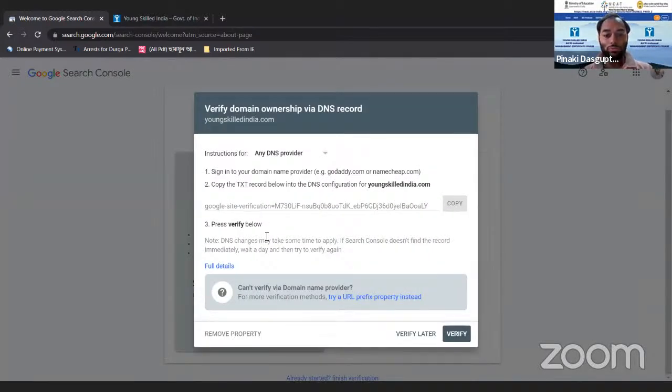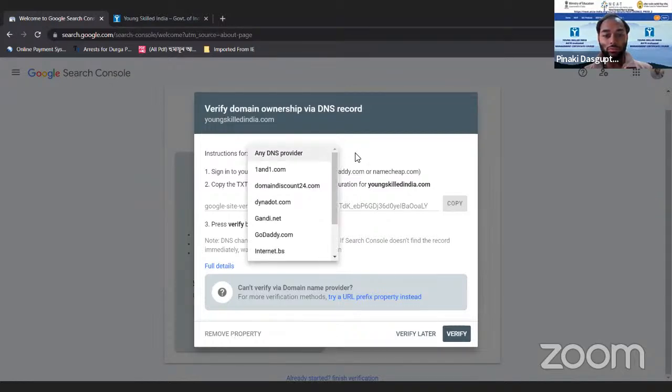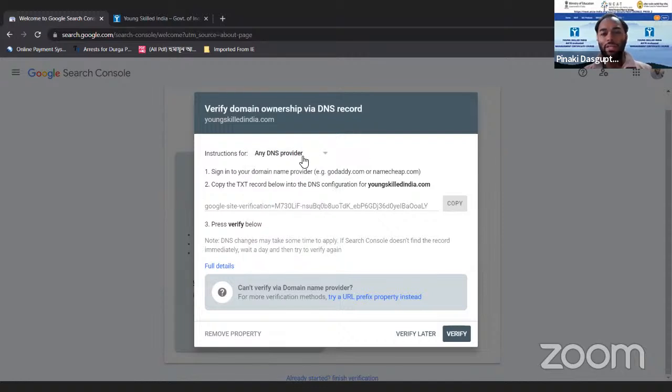So now here is the instruction. I'm selecting any DNS provider because I don't want to select any specific DNS. DNS is basically where you have purchased this domain, or where you have purchased the hosting. That is the DNS provider. DNS stands for Domain Name Server.